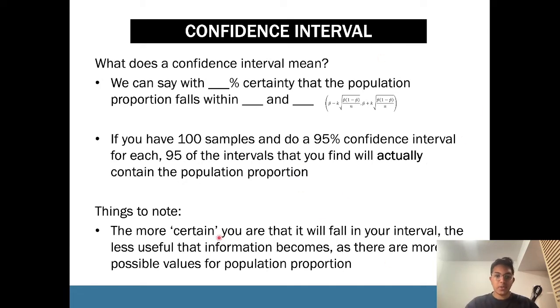Another thing to have a look at is that the more certain we are that our mean will fall in our interval, the less useful the confidence interval becomes, right? Because the more certain we are, increasing that percentage value, like instead of 95, let's say I do 99%, there are more possible values. So what ends up happening is,